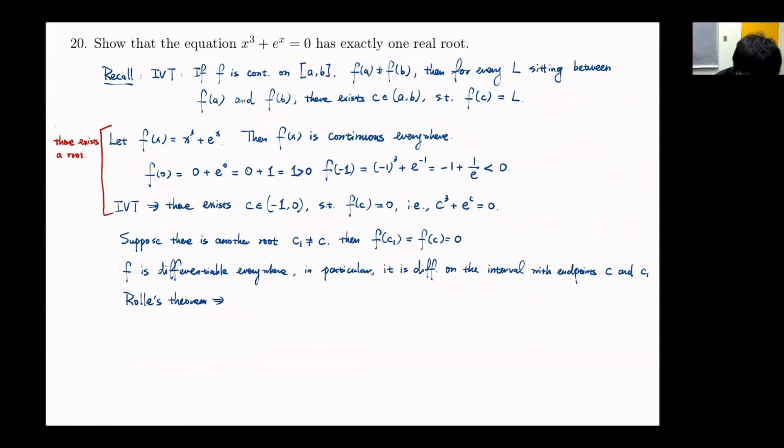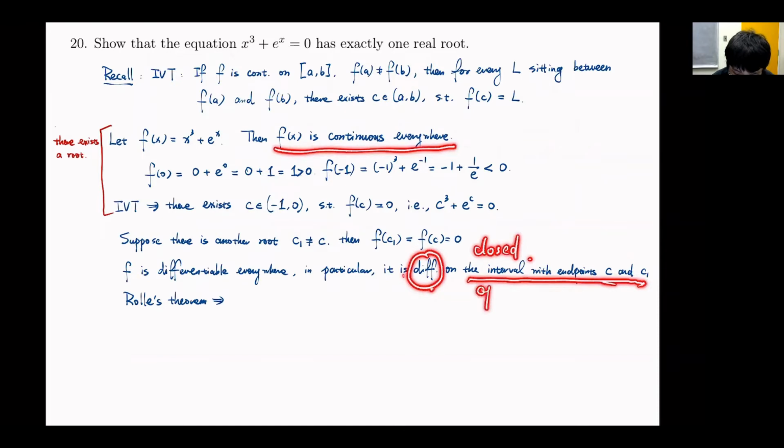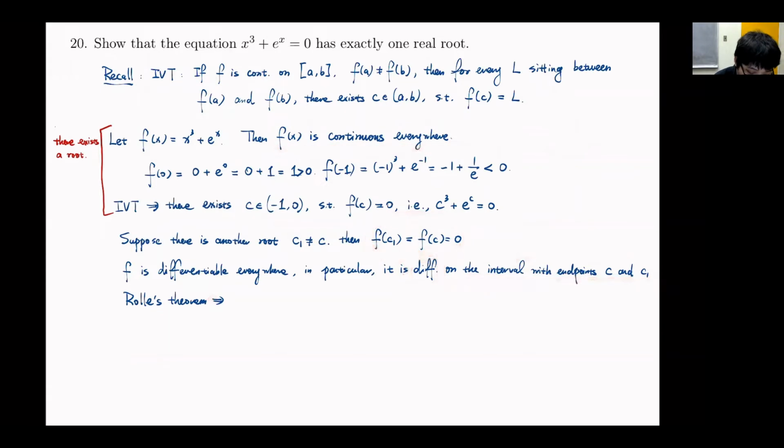Okay, so why can we use Rolle's theorem? First, f of x is continuous everywhere. In particular, it's continuous on the closed interval with the endpoints C and C1. And moreover, we have also checked that it's differentiable on the open interval with the endpoints C and C1. And finally, we have f of C1 equals f of C equals 0. So this is telling me that Rolle's theorem can apply. Okay, what does Rolle's theorem tell us? Rolle's theorem will tell us that there exists